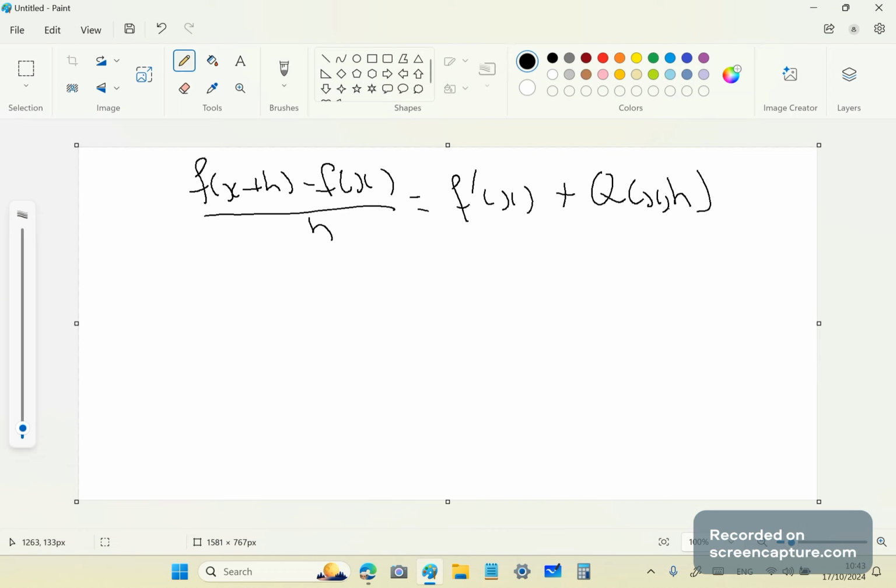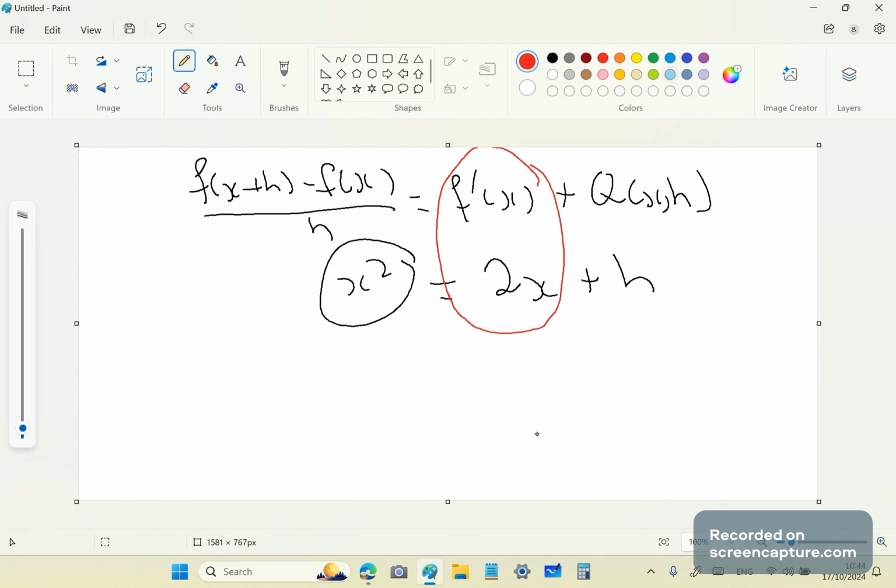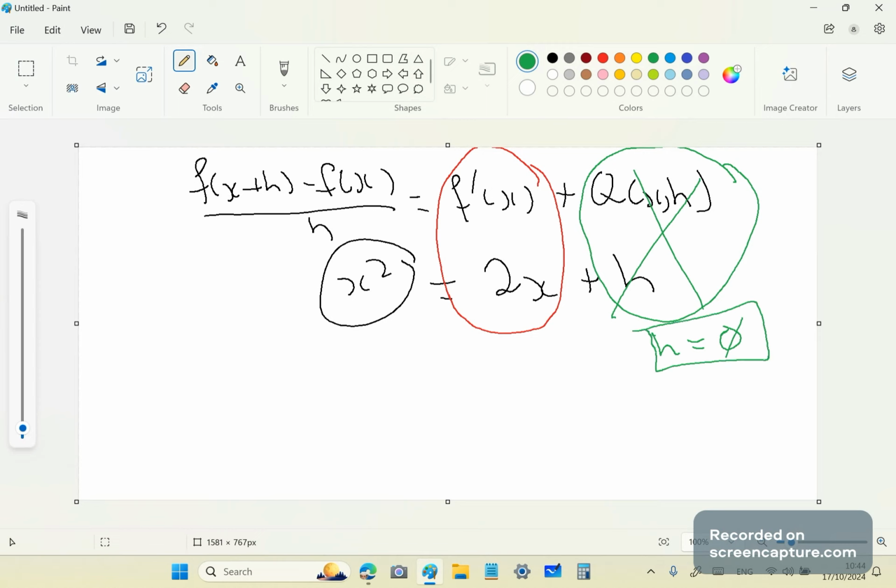then they would have realized that if you break this function down using this non-parallel secant slope, you'll end up getting 2x plus h. And this is 2x, and this is h, which is a slope difference. So you can just ignore it. It's effectively or equivalently the same as saying h is equal to 0. So when you're taking the limit, whether you like it or not, I don't care if you don't like it, you are setting h equal to 0. It's exactly the same thing.